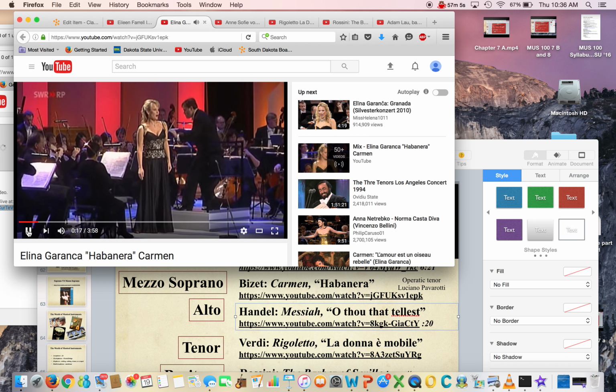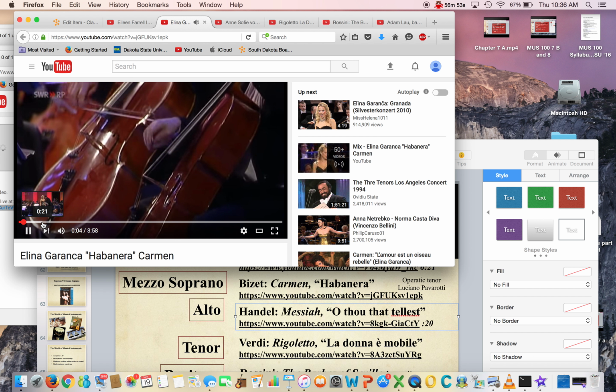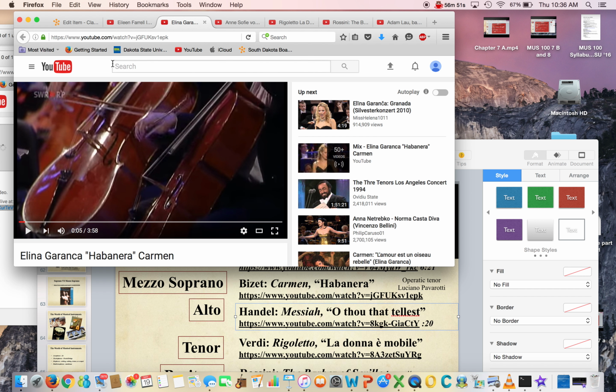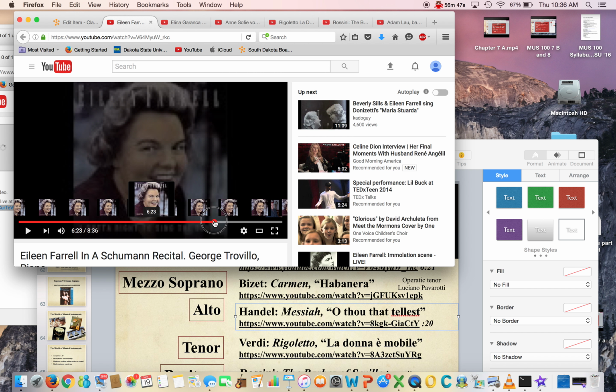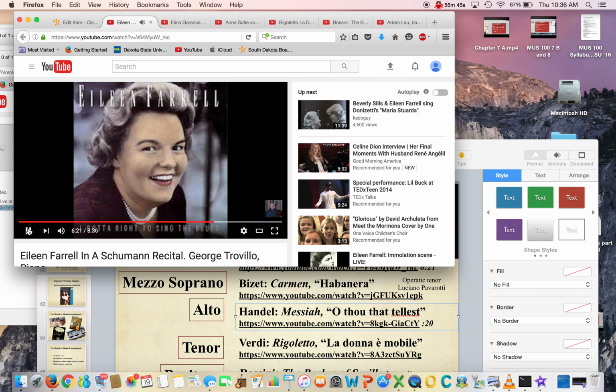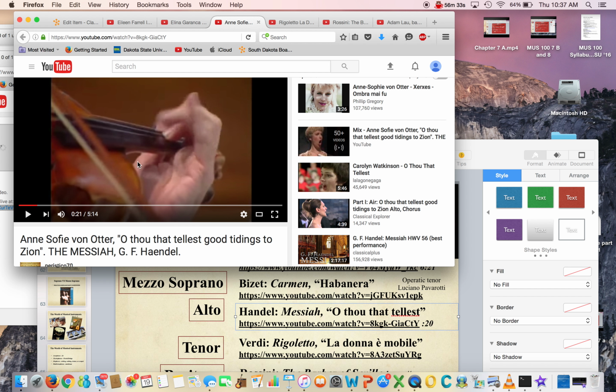Okay, that's the mezzo. It's easy to hear that one because it starts with cellos. And the soprano, starting at 6:21, is with the piano. So if you just remember that, you can tell the piano is the soprano, the cellos are with the mezzo. Then the violins, the whole strings, are with the alto. This is the alto, right at about 21 seconds.